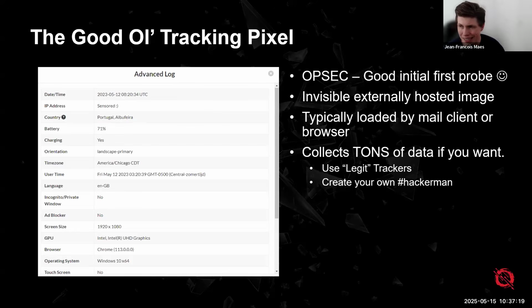So we see when exactly the user opened our email, but we also get an IP address, we get a geolocation, and even if they are using a laptop, we see the battery percentage, whether or not it's currently charging, yes or no. If they are using a horizontal or vertical screen, what the user time zone is, what their language is, whether or not they're using an incognito tab, if they're using an ad blocker, the screen size, even the browser, the operating system, whether or not you have a touch screen. So there's quite a bit of information there.